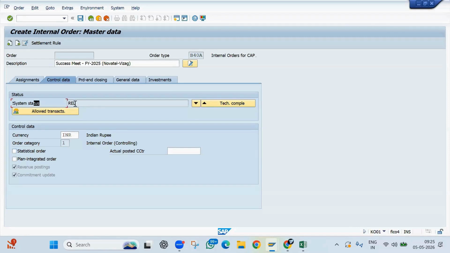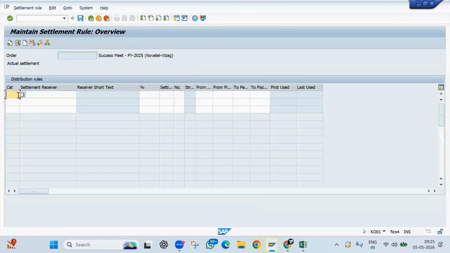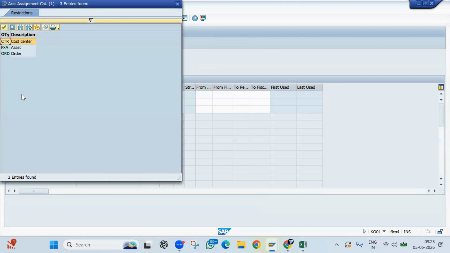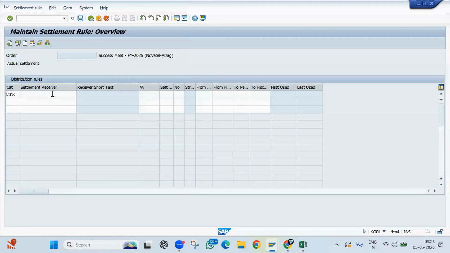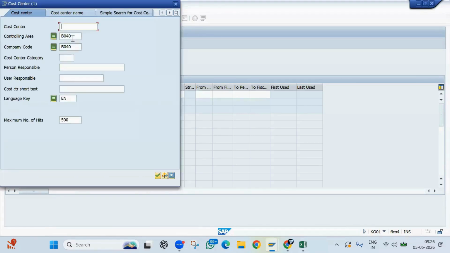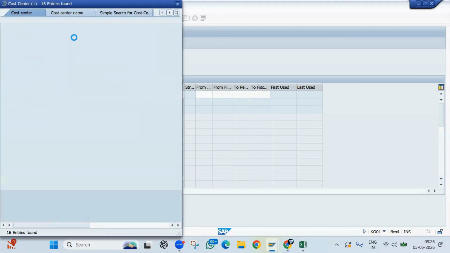System status is showing REL. REL is for release. Release means we can use this order. Now there is a settlement rule tab. Click this. I can maintain my settlement rule after completion of my success meeting. After completion of the meeting, whatever expenses, 5 lakhs 10,000 expenses, should go to which cost center? I need to send this to